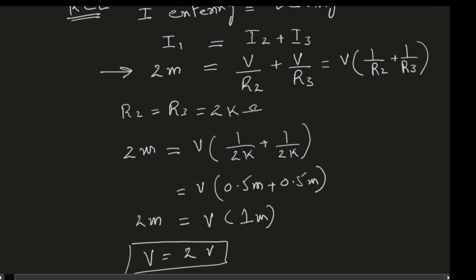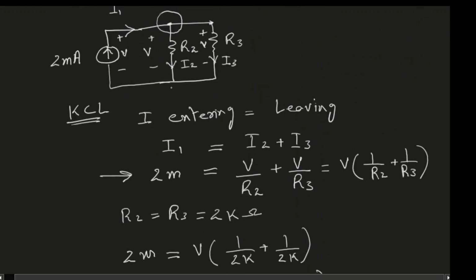And you can see that 1 milliampere will flow through R2 and 1 milliampere will flow through R3. Now they are equal, but the sum is equal to 2 milliamperes. So you can see that KCL is satisfied. 2 milliamperes enters the node and 2 milliamperes leave the node. So KCL is satisfied. Also, these two currents are equal because I have chosen R2 and R3 to be equal